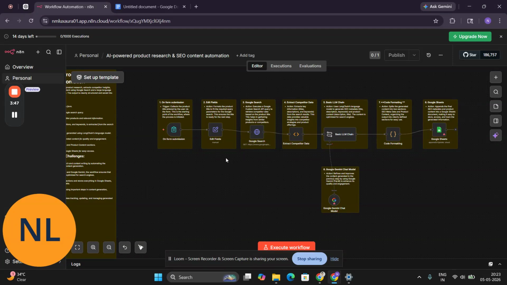Second is quality, right? It matters. And the seventh step splits the generated content into two sections, that is SEO metadata and product content, organizing the output in clearly defined sections for easy use. The end user's goal is specifically what the code formatting, that is the seventh step, is doing.